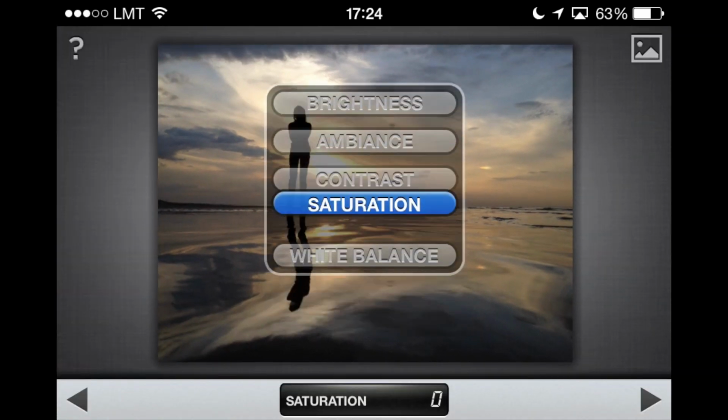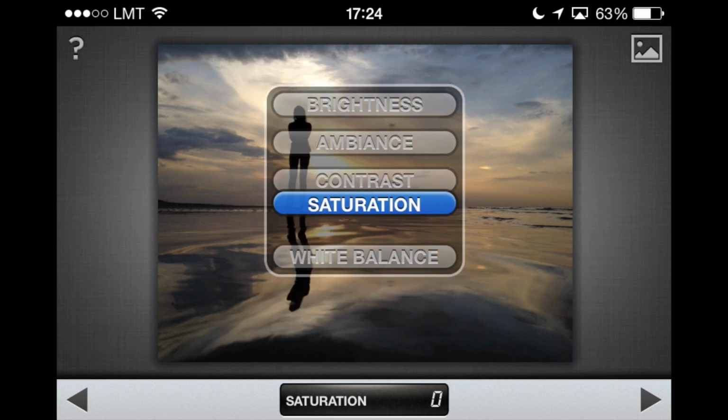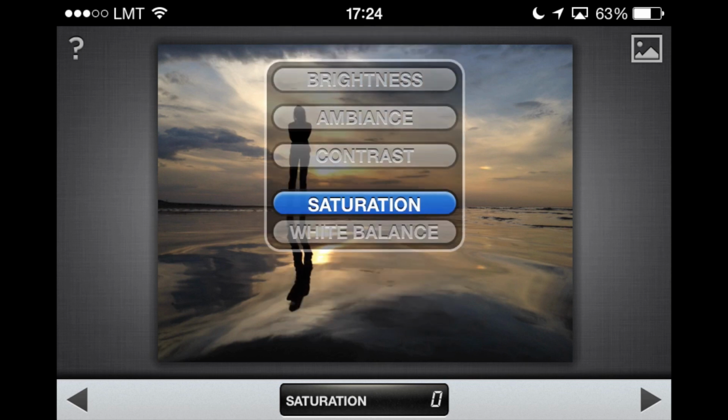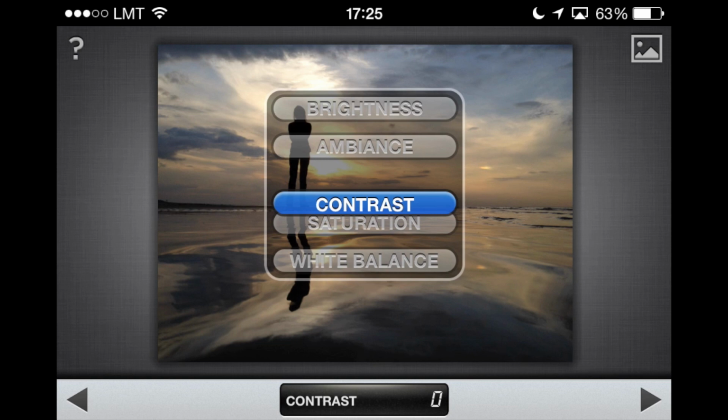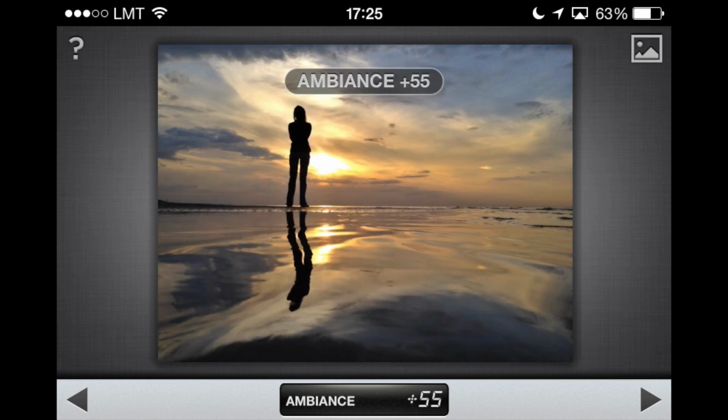And here you can see all the adjustments in Tune Image. You get brightness, ambience, contrast, saturation, and white balance. Now the first thing I often like to use is ambience. And what ambience does essentially is increases midtones. Now if you go all the way up as I did, it just doesn't look natural, so you don't want to do that. But if you increase ambience a bit by something like 30 or 40 in most images,